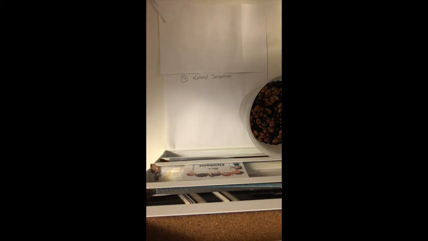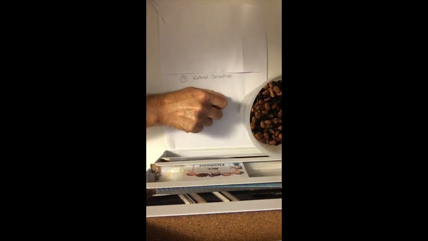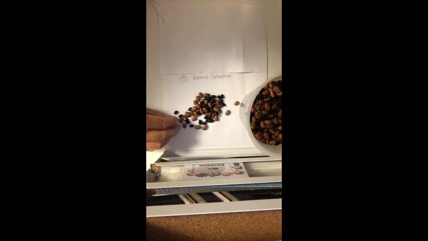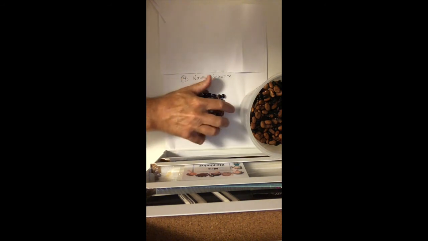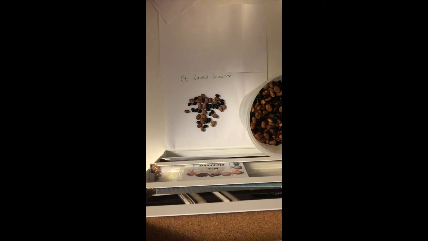And our last example, natural selection. This is the one that you would have heard about, and you might even think of natural selection as being all there is to evolution. Okay, so let's say this is our population of beans. And in this population of beans, we're planting all these beans. Beans are just seeds, and we're planting them in the garden. And for